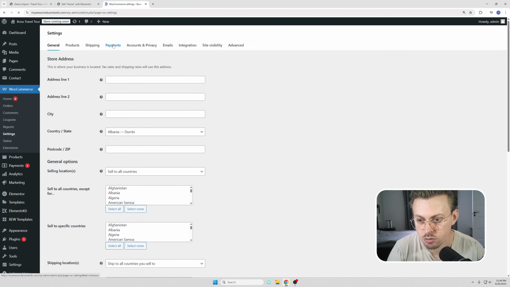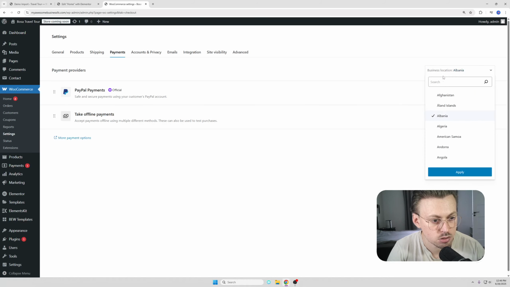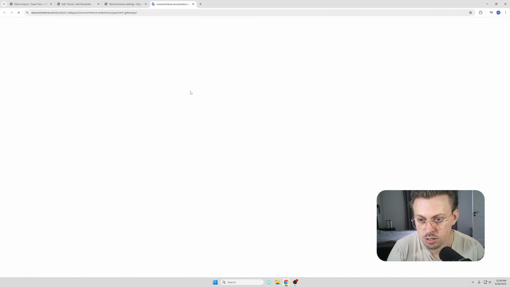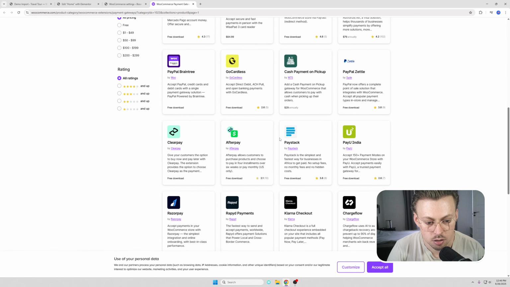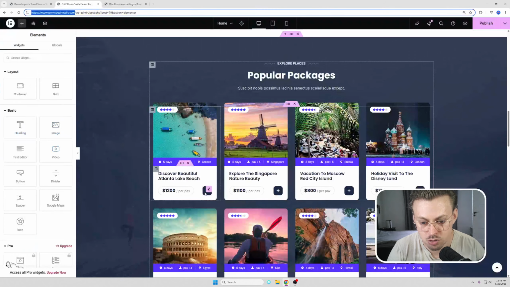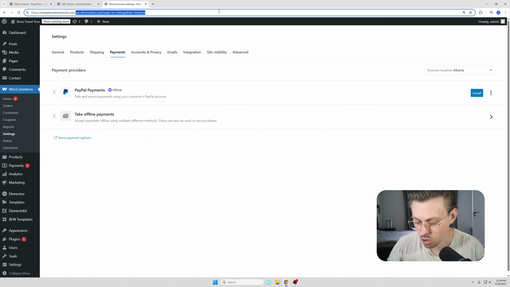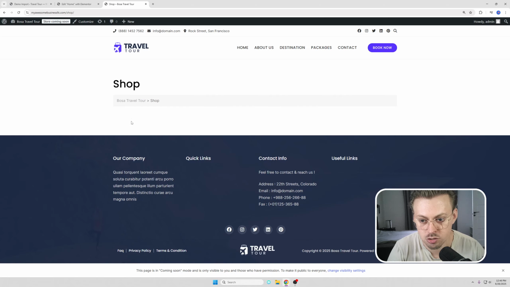set up the payments. So you have payments. There's plugins to set up PayPal or take offline payments in person, or you can add more payment options. You can read more about it. But the point is, if you want to set online payments, it is possible, and you would just link this button to WooCommerce/shop. You would have a list of products here,